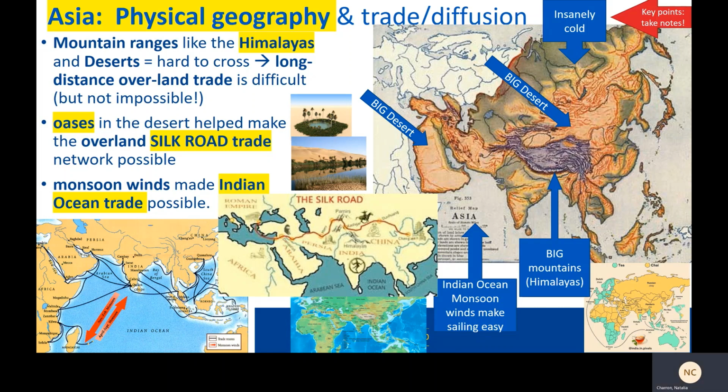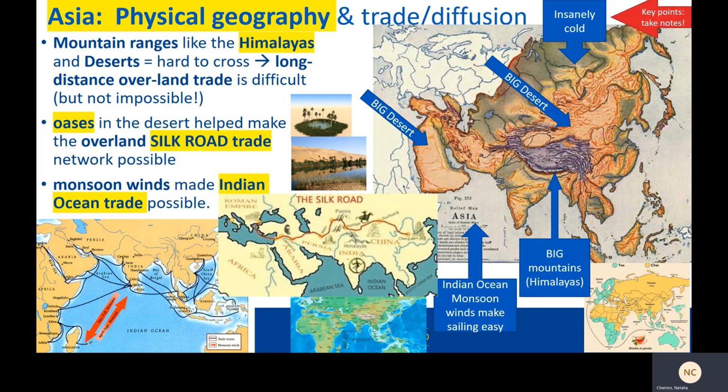Asia is also home to really big, really difficult to navigate deserts. Specifically, look at that giant desert just north of the Himalayas and just under the insanely cold part of Siberia. Often topographical features like that make communication really hard. And indeed, these mountain ranges and deserts make Asia very hard to cross and make long-distance overland trade very difficult,